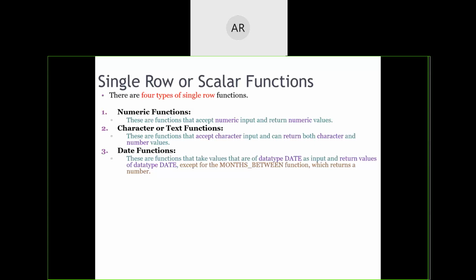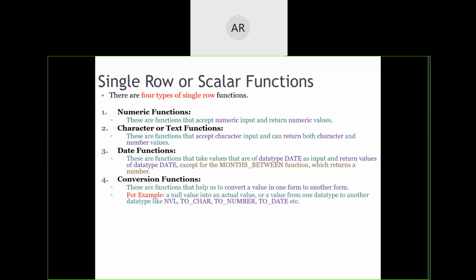For example, MONTHS_BETWEEN: if we want to calculate the interval, we have seen one of the data types, right? If we are trying to calculate the interval, there is a function called MONTHS_BETWEEN, which will take two dates and calculate how many months are there in between those two dates, and it will return that numerical value back to us. For example, 10 months or 20 months or 30 months. What is the number of months available within those two dates?